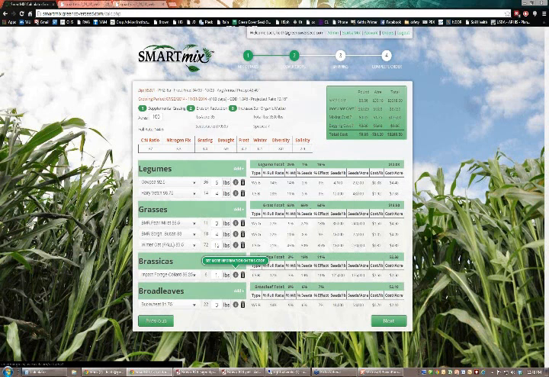If I go ahead and click next, then I could continue on and I could save it, and eventually I could submit it if I wanted to order it, but that part is not working yet. So this is a quick overview of this program, but it does help you put together mixes, see what the cost is going to be, and get an indication of some of your ratios, carbon-nitrogen ratio, and how it might compare to other ones as far as nitrogen fixation and some of those other things.